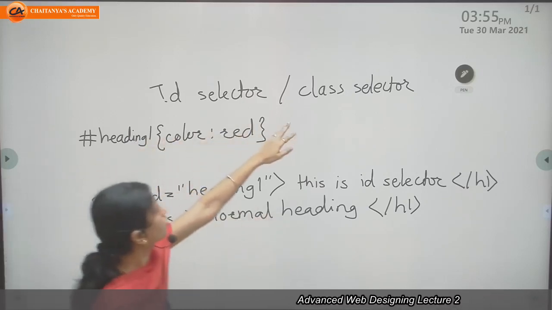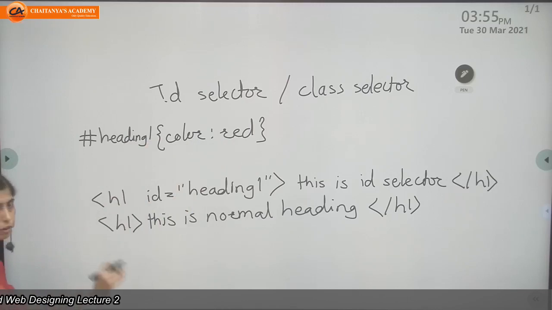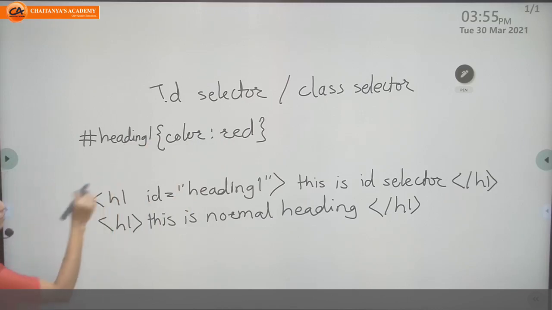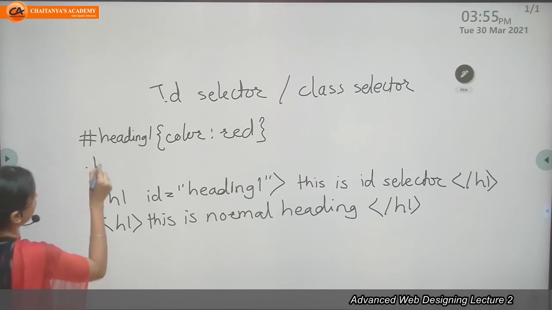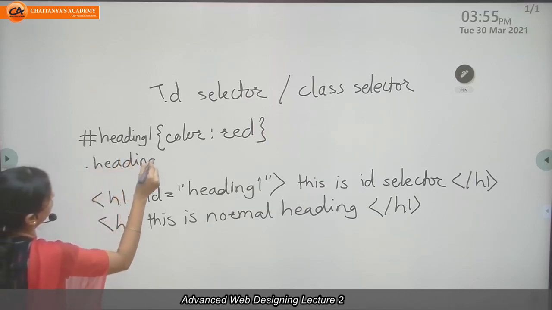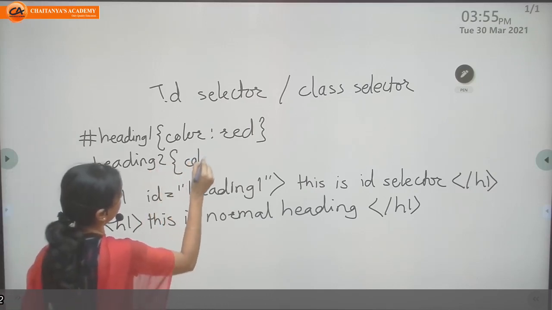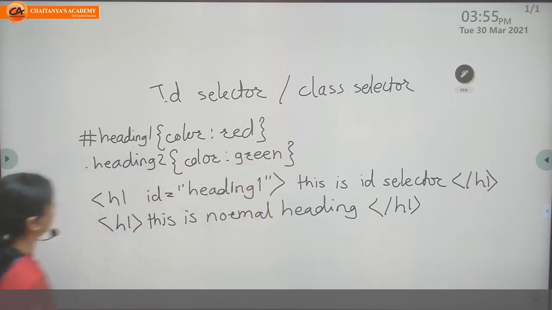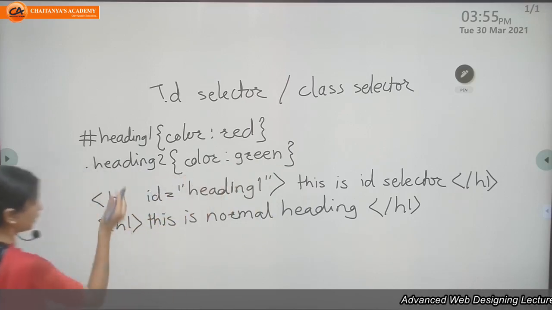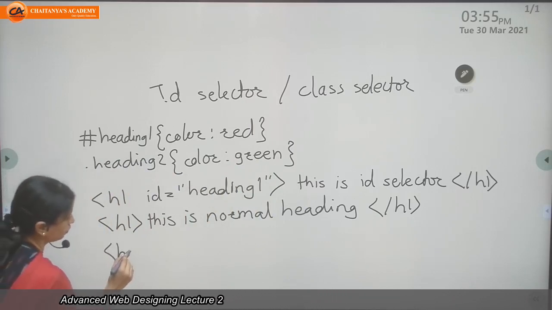If I want to use class selector, what is the difference? Class selector use will be same, but the difference is in declaration. For class selector, we use this period. Period means dot or full stop symbol. Dot, for example, heading 2, color green. If I want to call this selector, I will use here h2 tag,